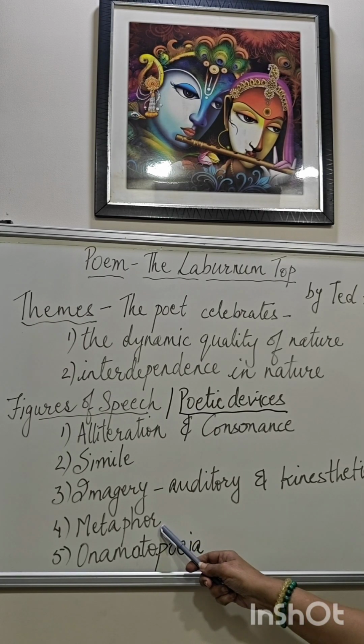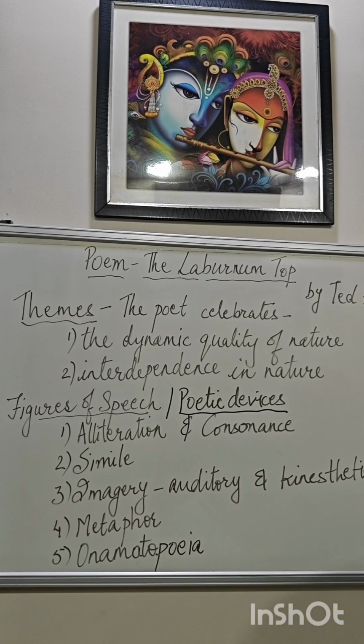The next poetic device is metaphor, and actually in the poem you can see extended metaphor. Extended metaphor is when the metaphor is not used just once, but other words are used which sort of extend that metaphor. And the metaphor here is machine and engine. A machine starts up. So the chicks, the family of the goldfinch, is like a machine. It starts up, it creates a lot of noise.